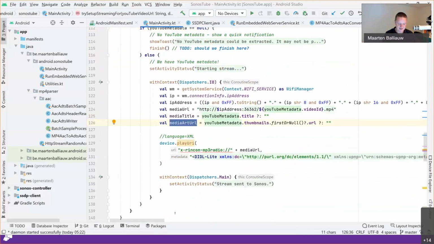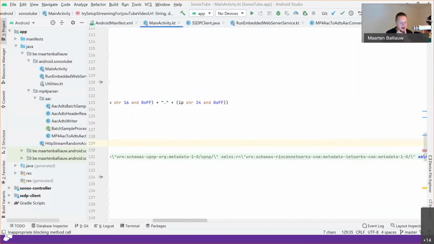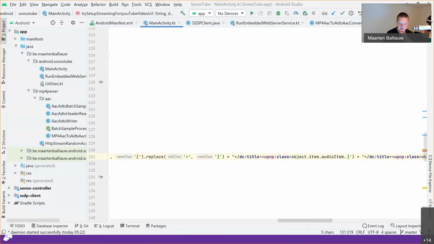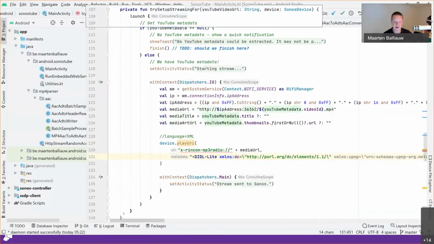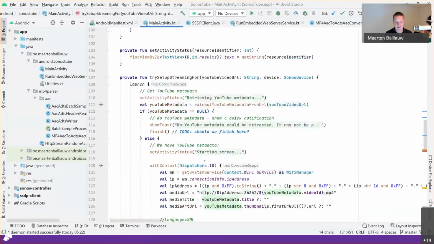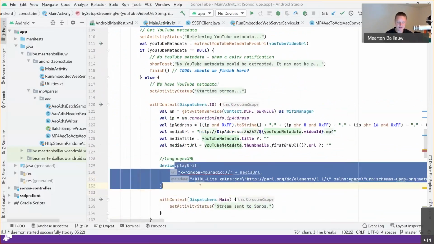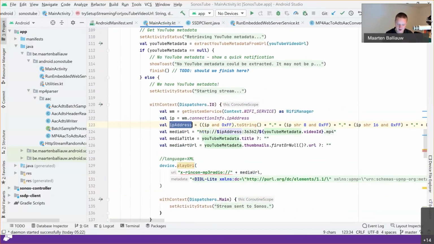Next thing I do is play on my device, and I send it the metadata. You will see part of that SOAP message in there. I send it the metadata that is essentially telling the player to display a title in the application that is using it and broadcast audio with a given URL. Everything is in there, a SOAP packet that sends everything to the device. Next thing that will happen is that because I started my web server, my device gets this play URL message where I give it the IP address of my current device,